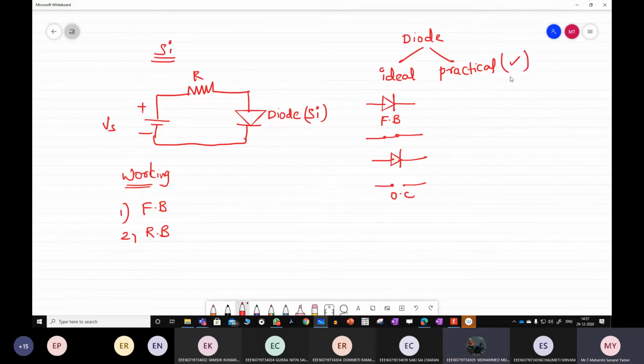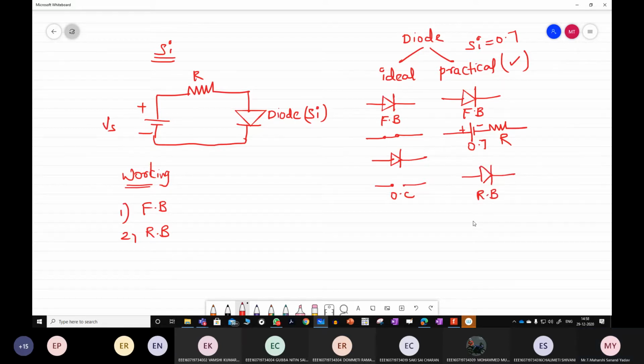This is very important. In the case of practical, you tell me. If it is forward biased, what should I do? Suppose you consider this as a silicon diode. You need to replace it with the cut-in voltage. What is the cut-in voltage? The cut-in voltage of this one is 0.7, generally 0.6 to 0.7, so the equivalent circuit is 0.7 V followed by R. If it is reverse biased, it is replaced with an open circuit. Clear with this at least. Now our practical is this one. We shall analyze it in the practical case.